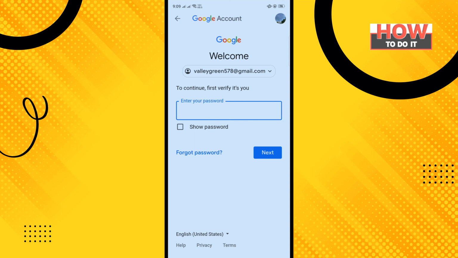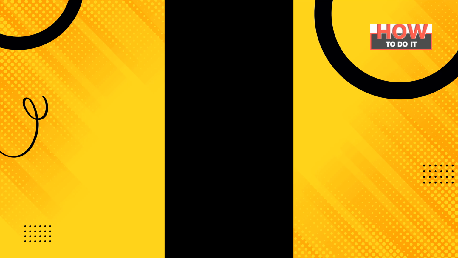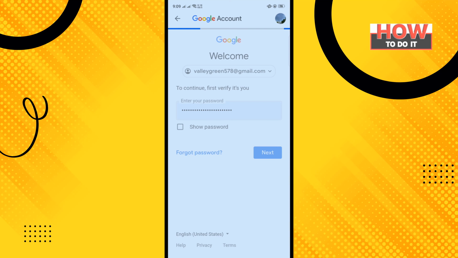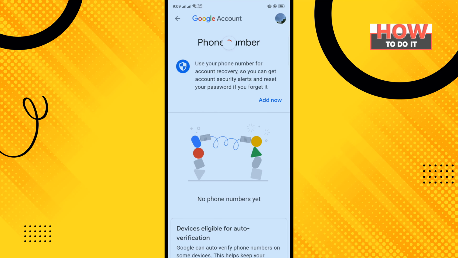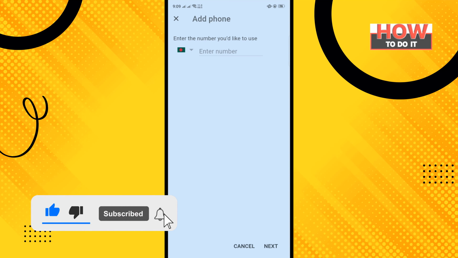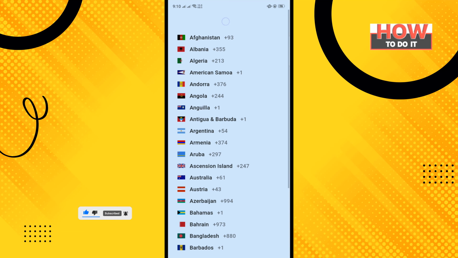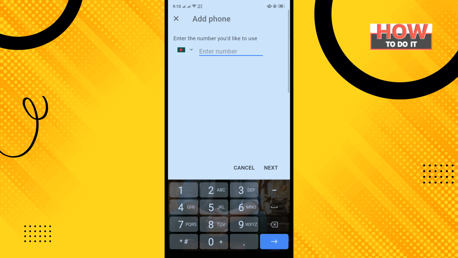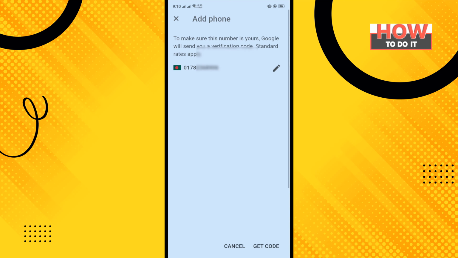and here you will need to verify your Gmail account using your Gmail account password, and tap on next, and now again tap on add now and select here country and enter here your phone number and tap on next and tap on get code,